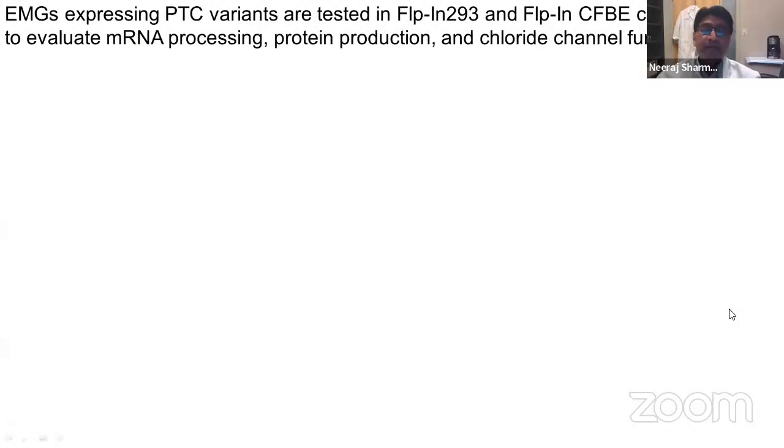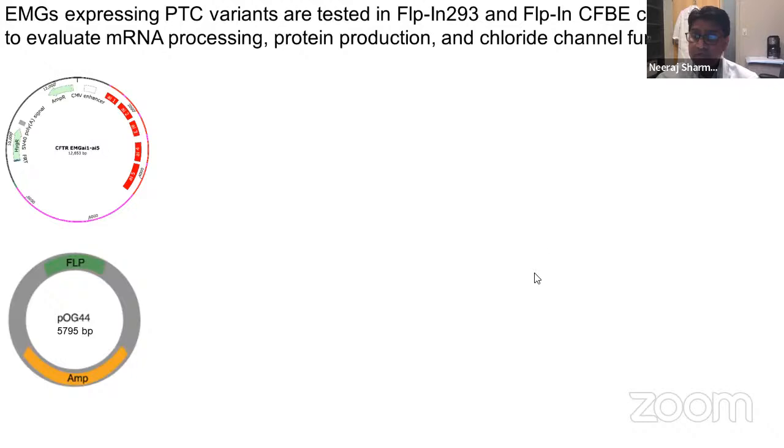All right, so that is the expression mini gene concept. But what kind of model systems, like cell-based model systems, would you use to assess their first disease-causing potential and then to test the modulator responses? So one is some cell line model systems where we heterologously express these variants. And here we have used a flip